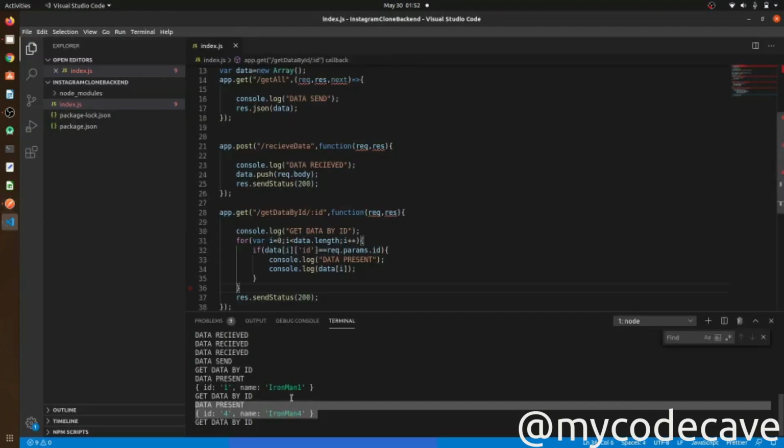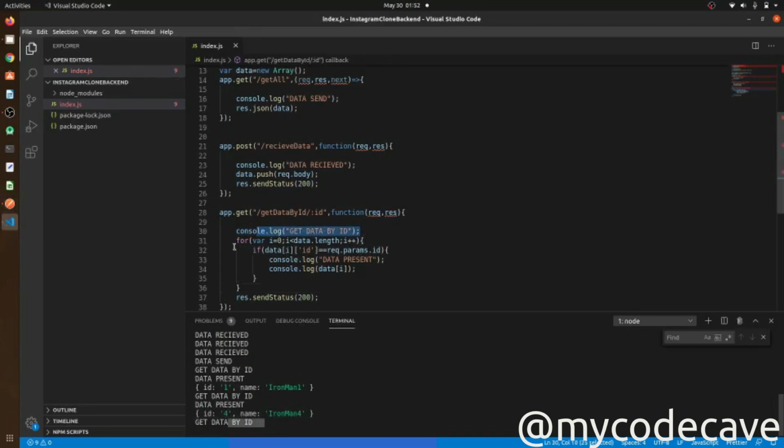It has just gone through get data by id, but nothing was done, because if our data is not present, it will not do anything, but it will reach the end and show that we have executed the above code. So for that, if data is not present, you can use any other logic, like a flag or other things.